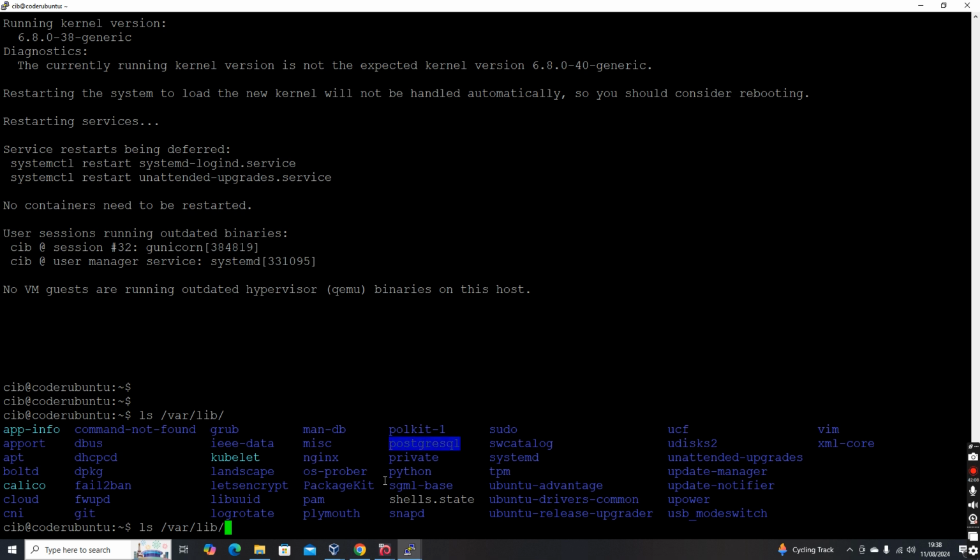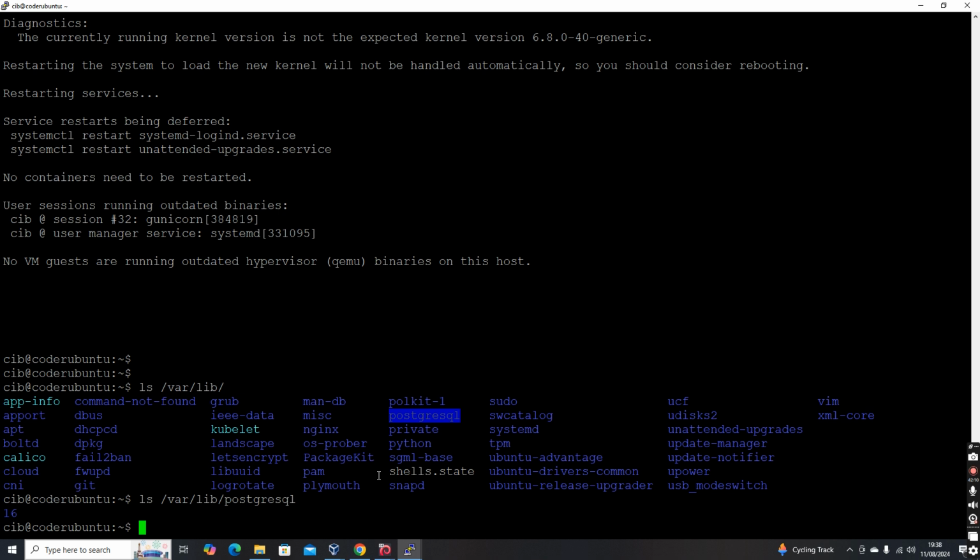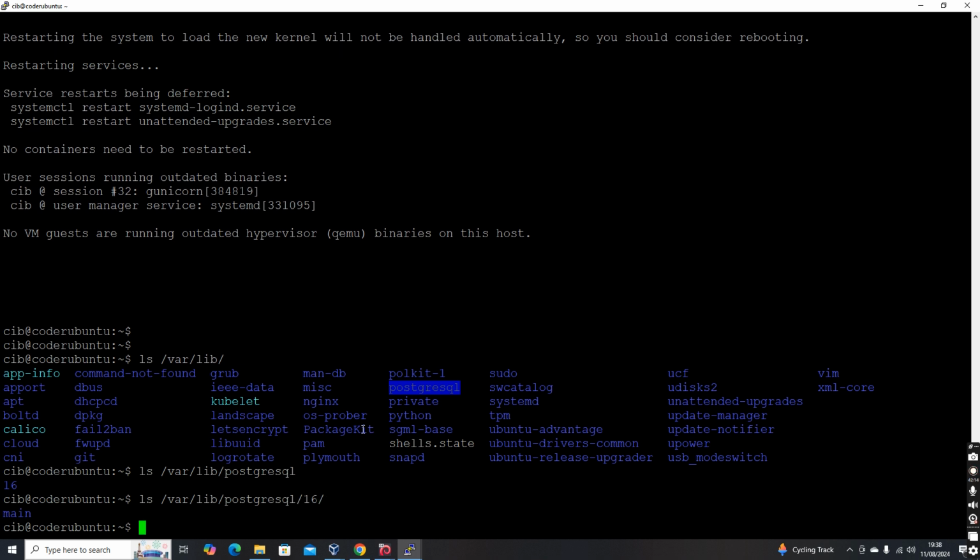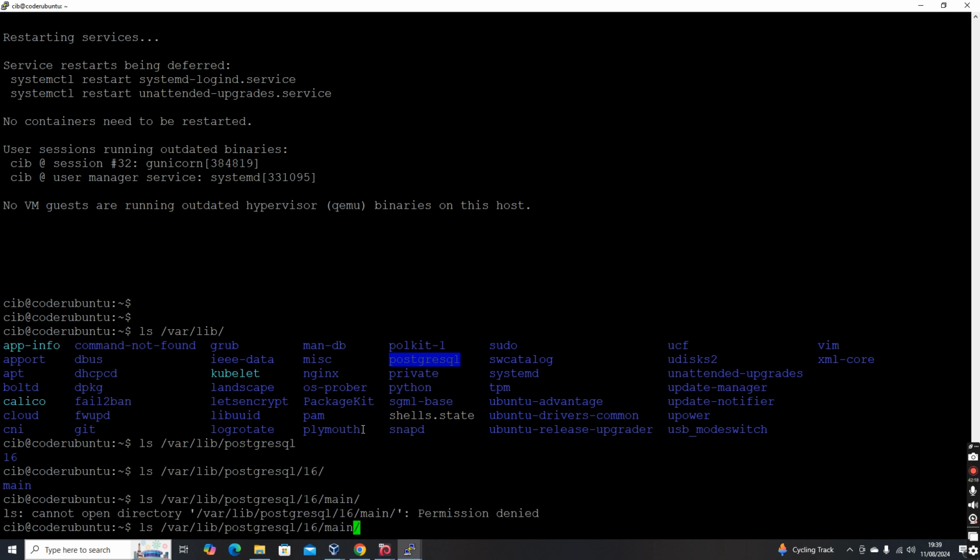Yeah, you see /var/lib/postgresql, PostgreSQL 16, and main. It's showing a permission issue, but I'm in the place where Postgres is storing data. So var is basically the location where the application data gets stored.